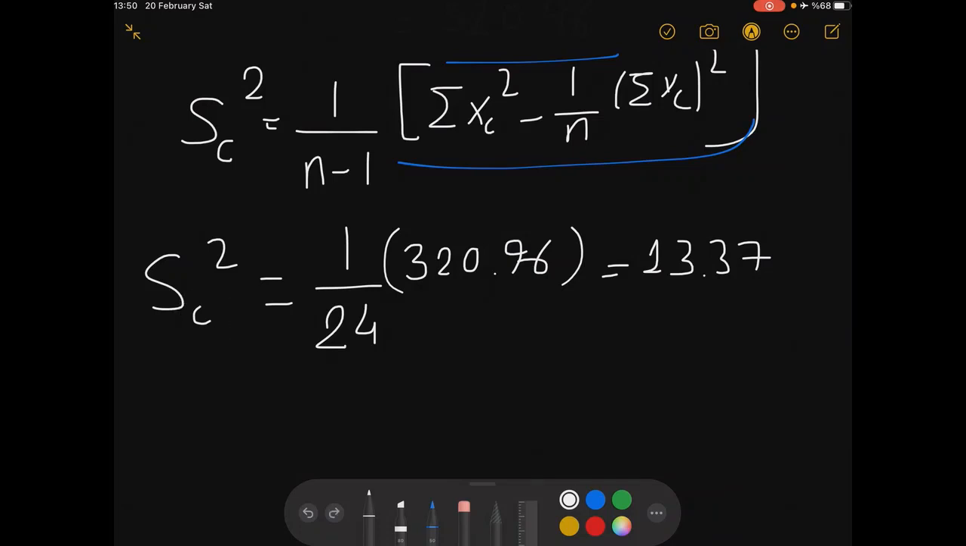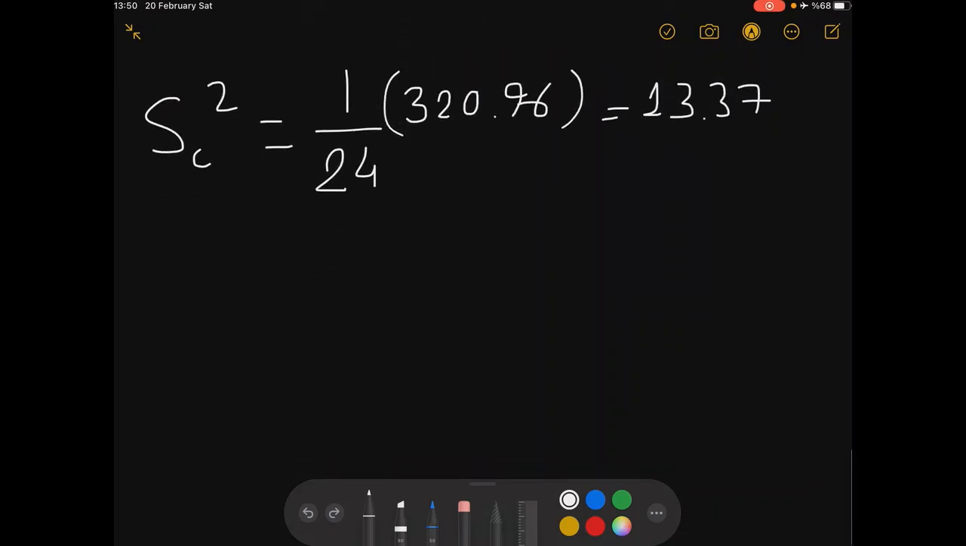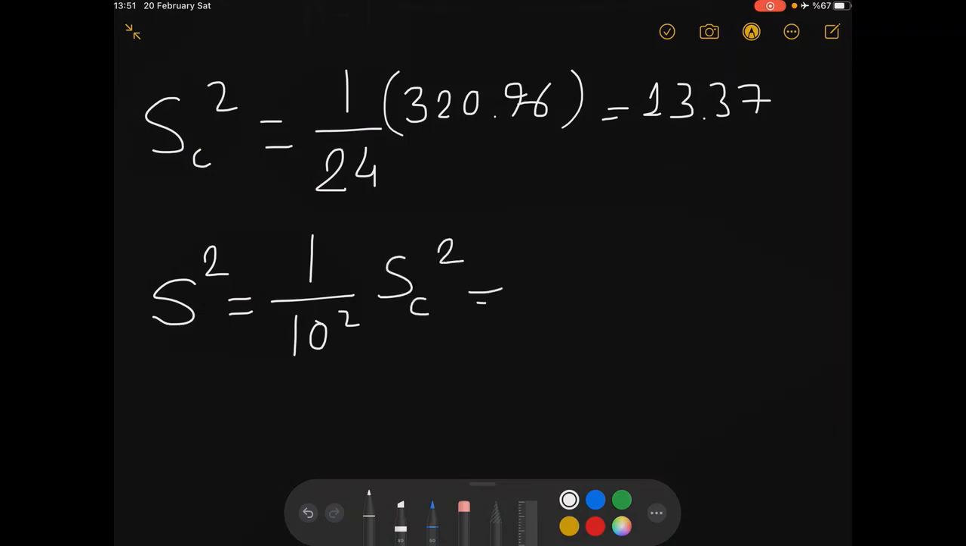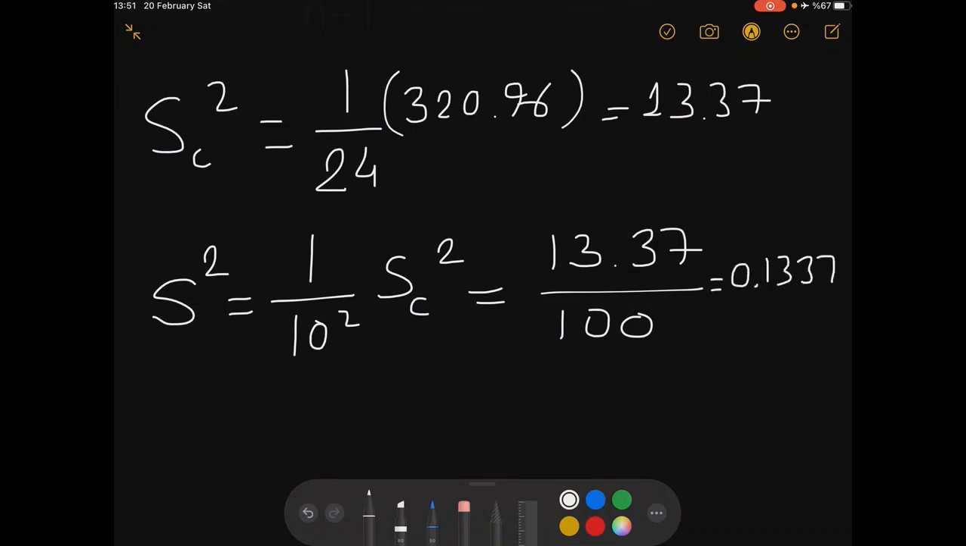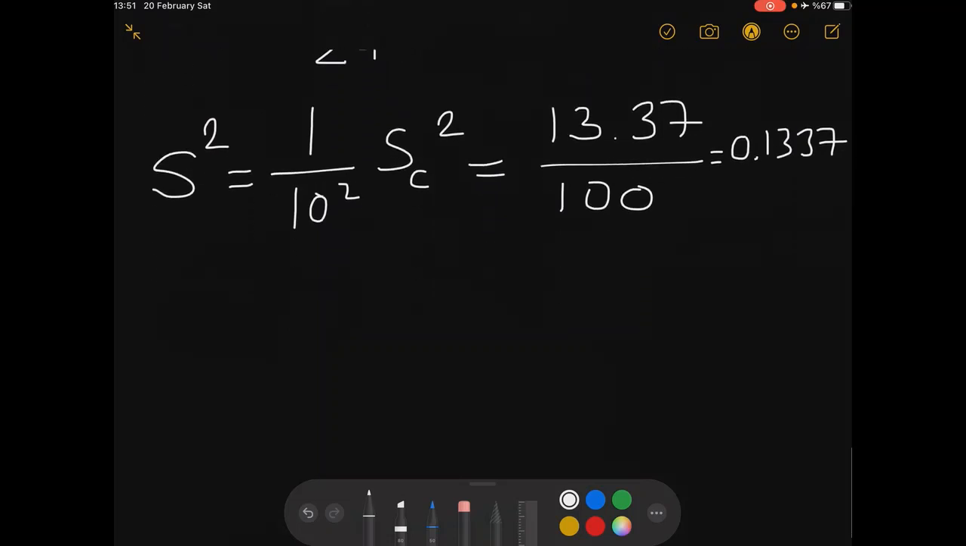Since it is for coded values, then you need to convert it back to original values, right? This is what we're looking for, of course. But let's just try to go for it. Your s square would be 1 over 10 square, coming from the definition of the coding part that I explained to you a few moments ago. So this would be your sc square, and your result will look like this. It would be 0.37. All right. So this is your original s